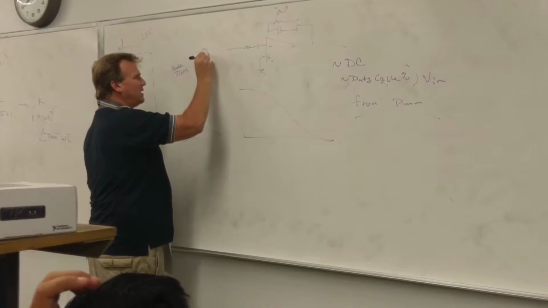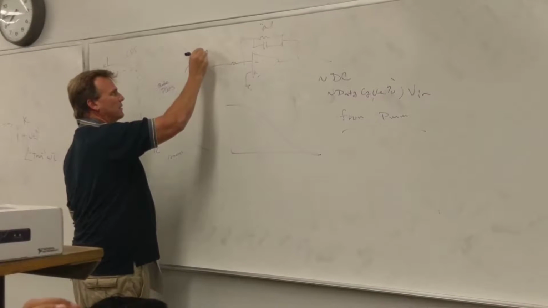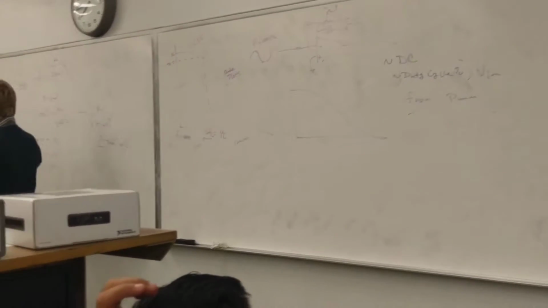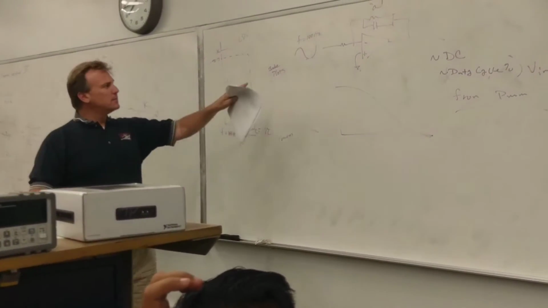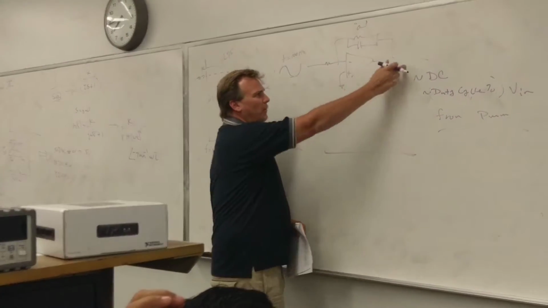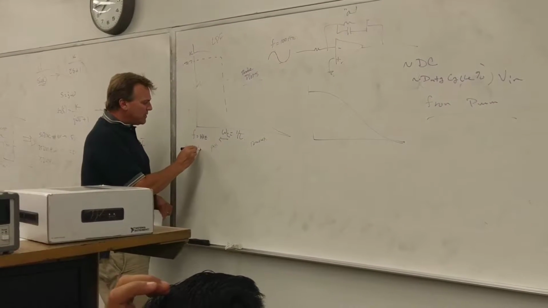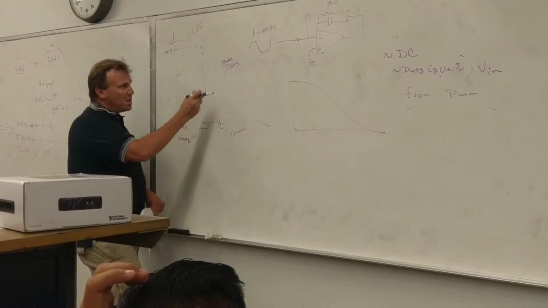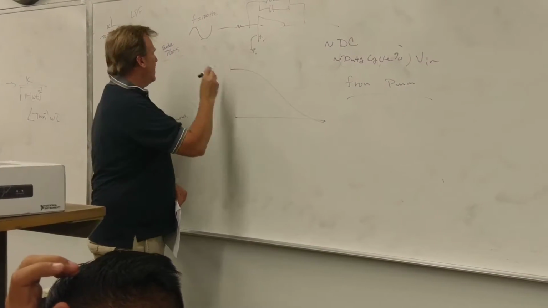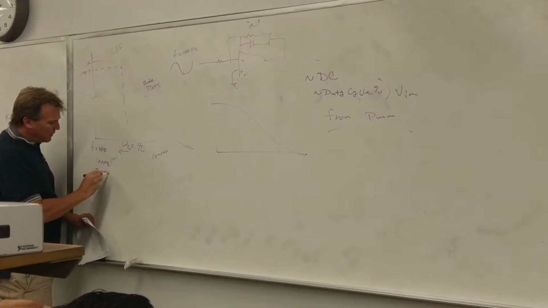We want to put a sinusoid in here of some frequency f, let's say 100 hertz, at plus or minus 1 volt. If the frequency is allowed to pass right here, then we're going to see 1 volt come out. So we put in 1 volt, we get out 1 volt. All right, so then we say the frequency is, say, 100 hertz at plus or minus 1 volt. I get it out, because the question is where is omega C? And I could do 200 hertz all the way up to